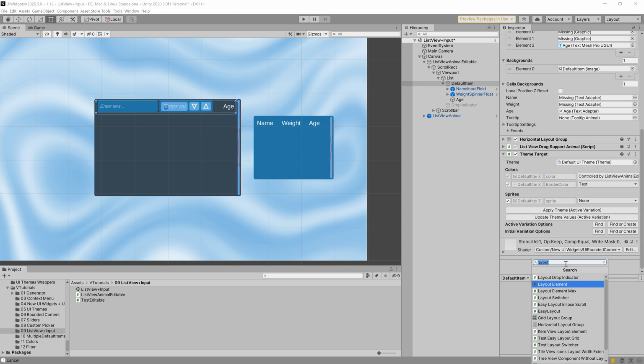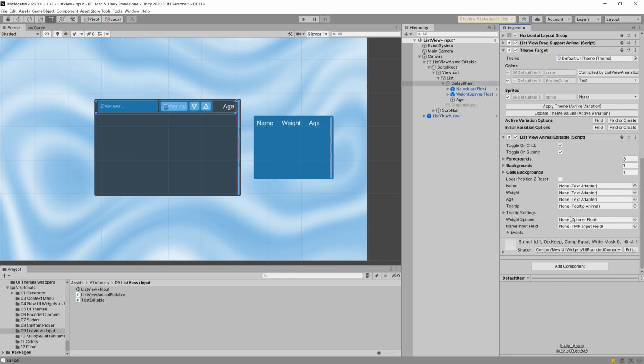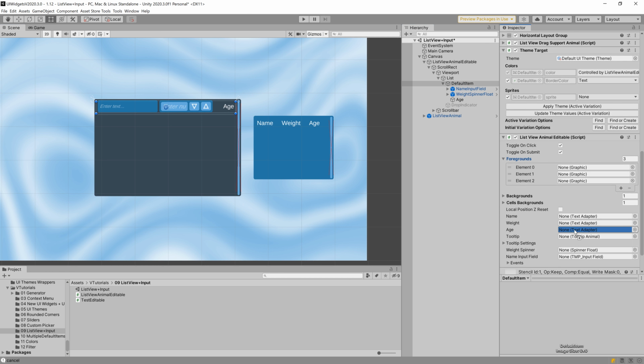Now replace the list view component animal with a new component and specify input field and spinner widgets.